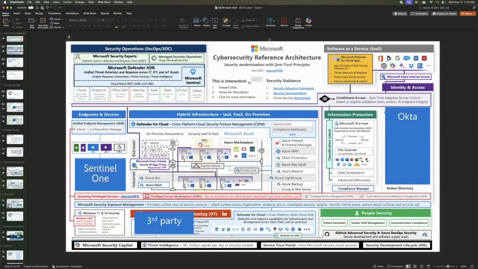Now, in this current architecture, we have Okta, SentinelOne, and maybe some third-party security. Hey, those are great solutions. But to get those fully integrated with the rest of the Microsoft architecture, that might require some effort, right? We probably have to make an investment. We're going to have to work with some developers, hire a systems integrator. That's assuming the APIs are there, and that these providers allow you to do that.